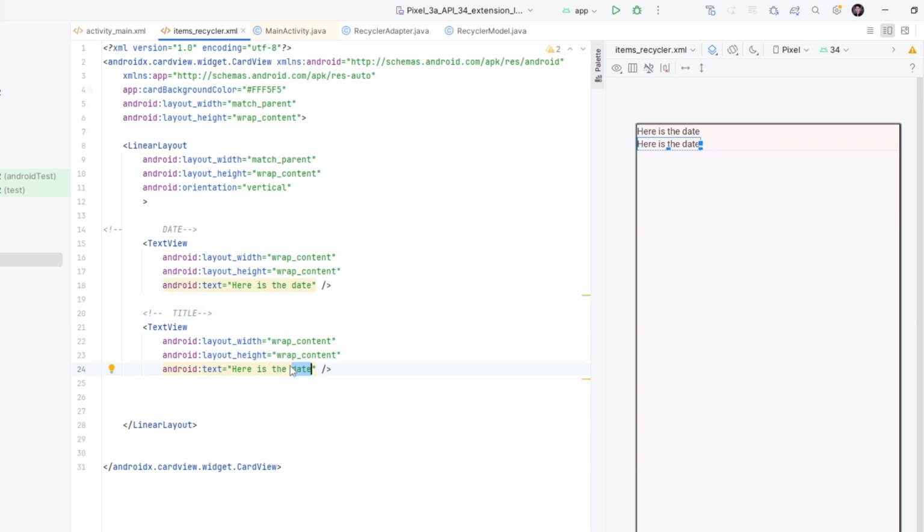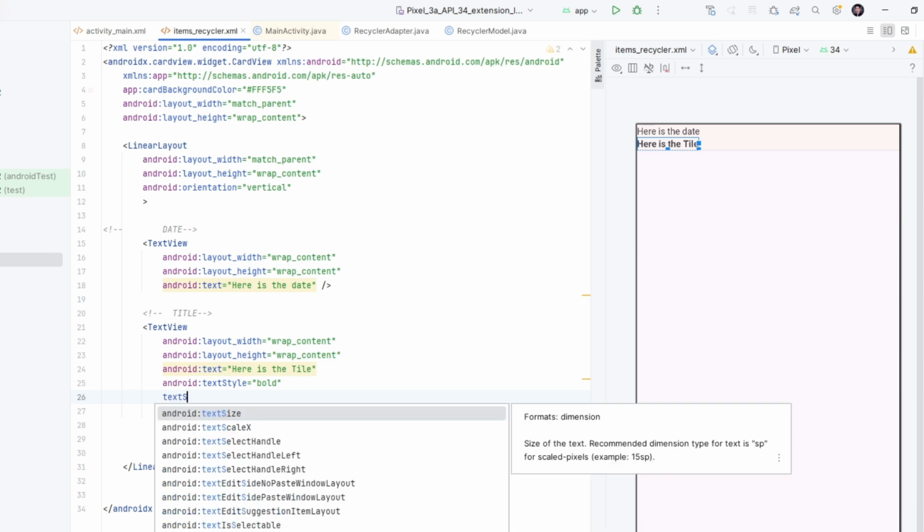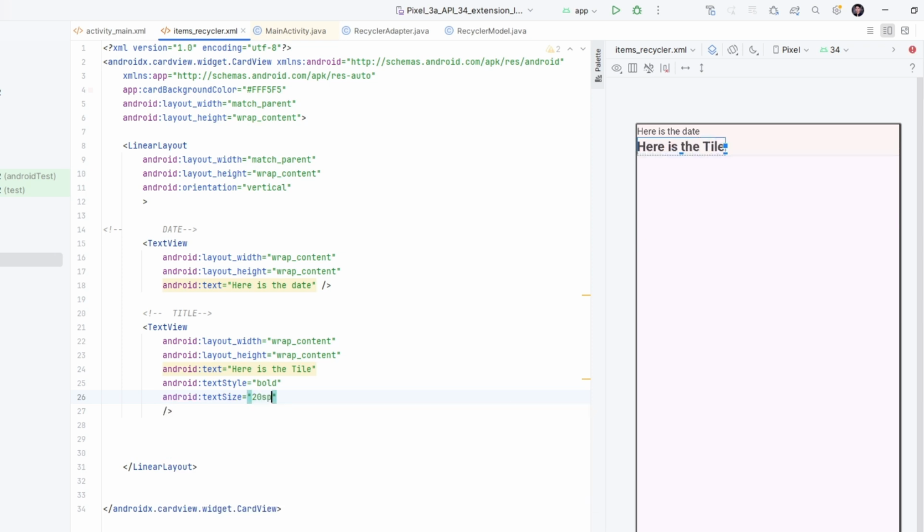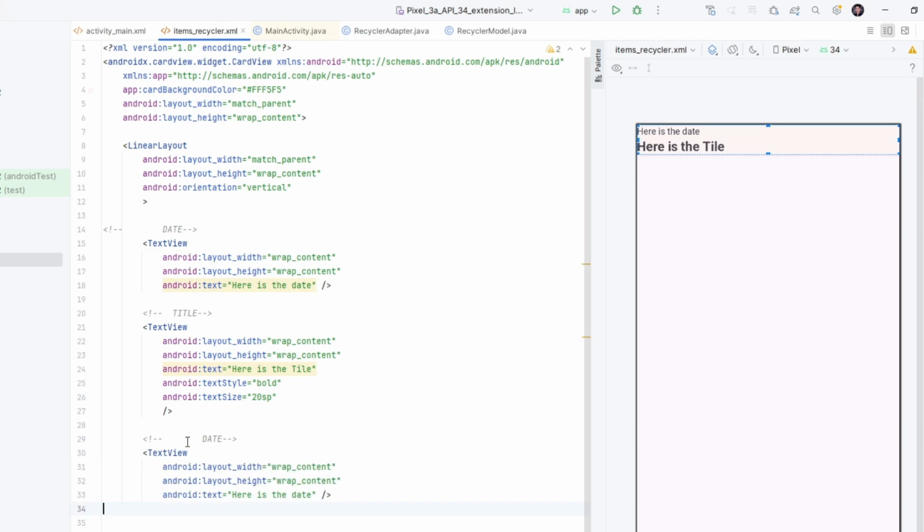Here's the title. We can change the layout, so the text style is bold to emphasize, and the text size is around 20 sp. Then we can copy this again for the description. There is the description.